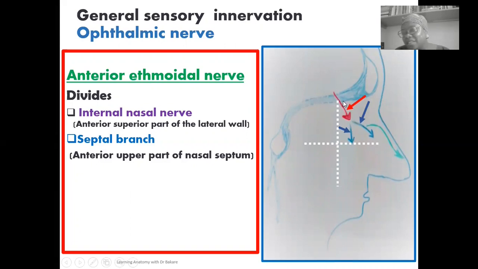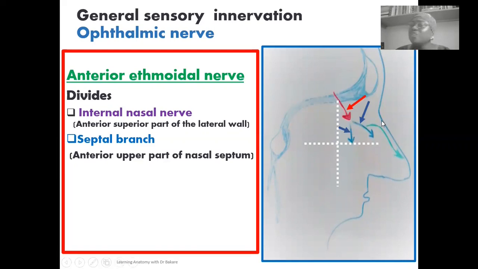So you have the anterior ethmoidal nerve here arrowed in red. You see that it gives off two branches. One of its branches, the internal nasal nerve, will supply the lateral wall of the nasal cavity that is located within the anterior superior part of the nasal cavity. And it also gives off the septal branch that will innervate the anterior superior part of the nasal septum. So the anterior superior part, both the lateral wall and the nasal septum, are supplied by branches of the anterior